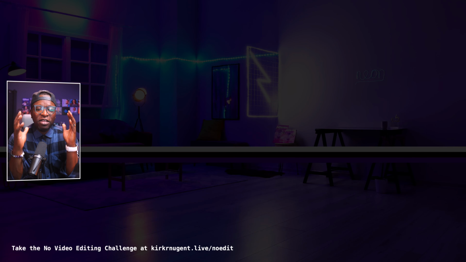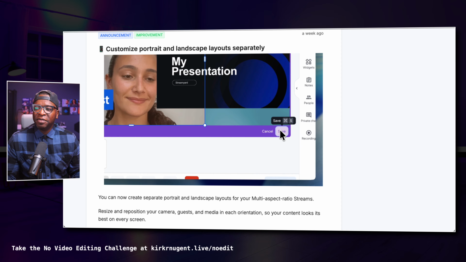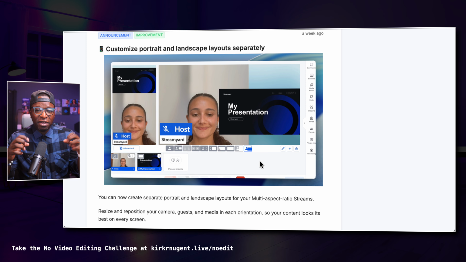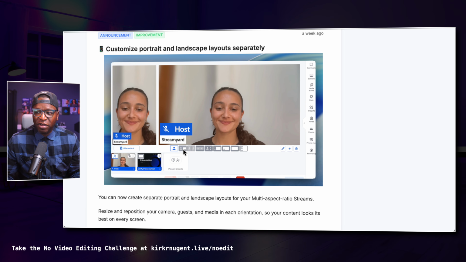That's why I'm just kind of laughing, because I'm like, how in the world am I going to talk about this when I'm already over time? But it is vertical custom layouts. When StreamYard came up with the dual mode, what they call MARS, multi-aspect ratio streaming,